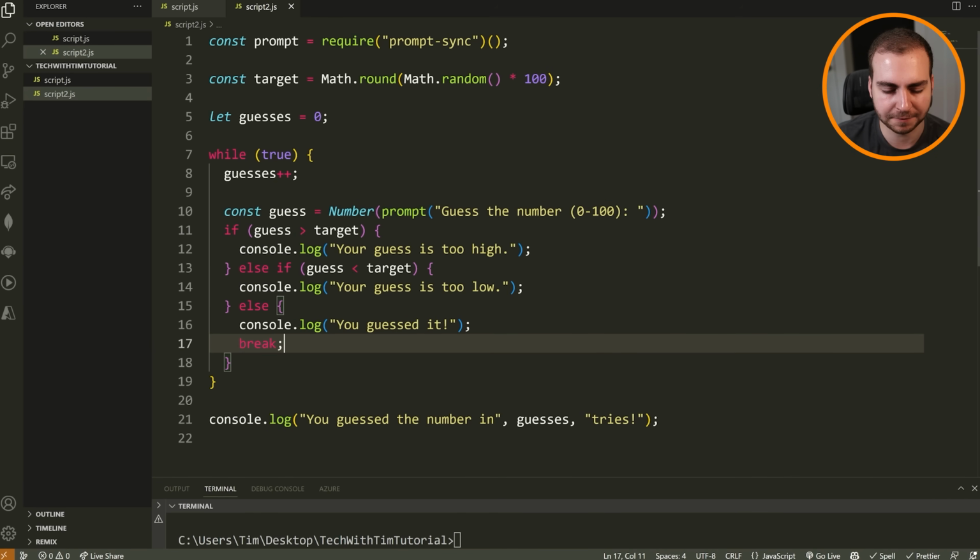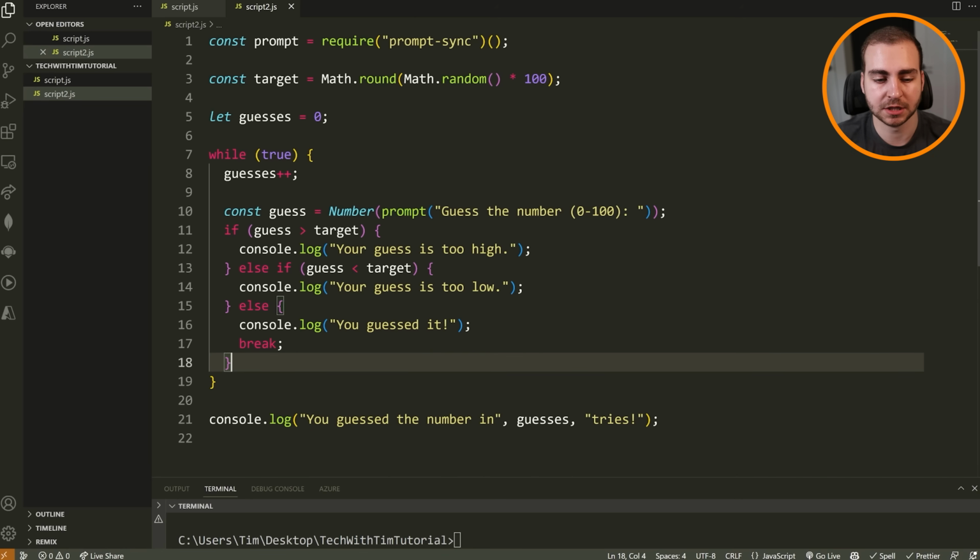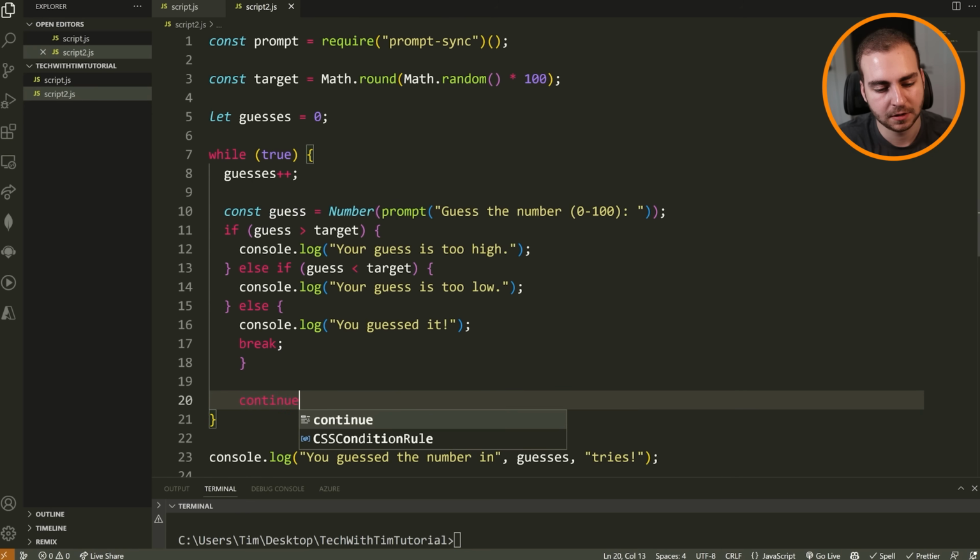Just a few final educational moments here, I guess. Inside of this while loop, obviously we can use this break, which is what I'm doing, but we also have the option to use another keyword, which is known as continue. Now I won't demonstrate the use case of this, but all this is going to do is immediately restart the